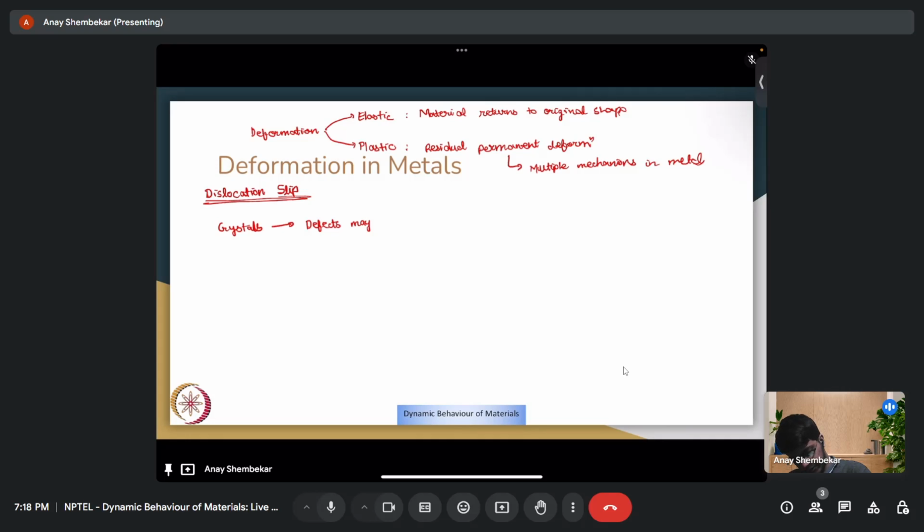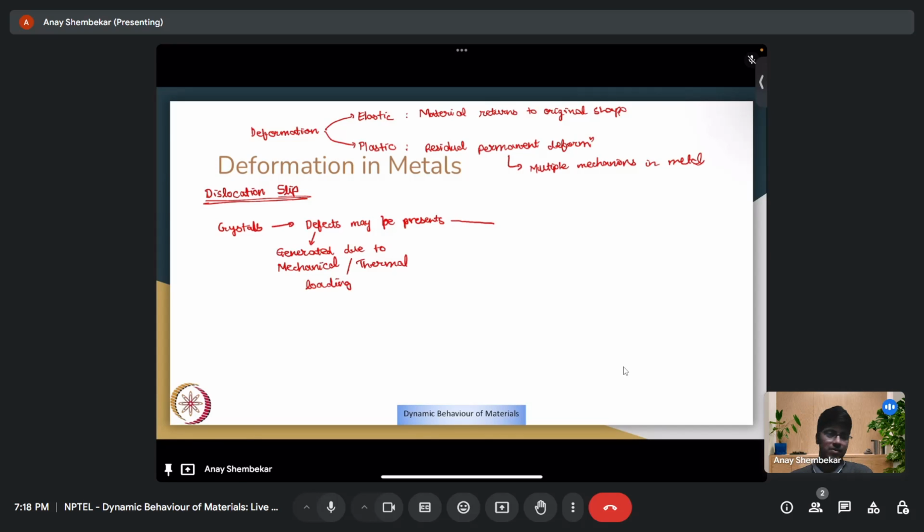So within crystals, there may be defects, and these defects are usually generated due to mechanical